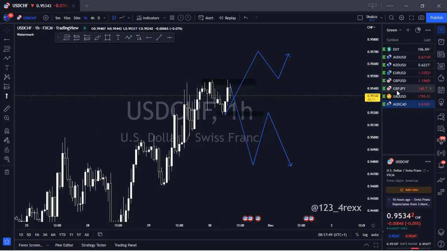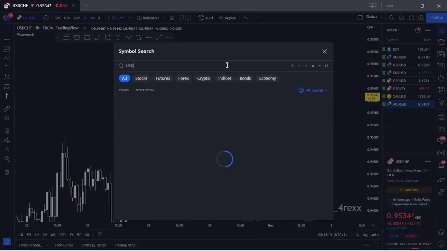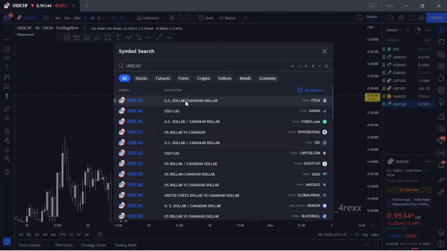Now, any other pair? USD CAD. Look at AUD/USD, I can see a buying opportunity. Okay, and I think there's USD CAD. So let's look at USD CAD, then we'll look at AUD/USD again. Larry said he's seeing a buy. Me, I'm sure it's coming down first.